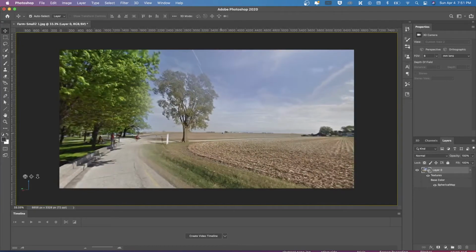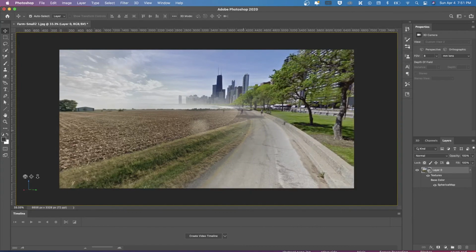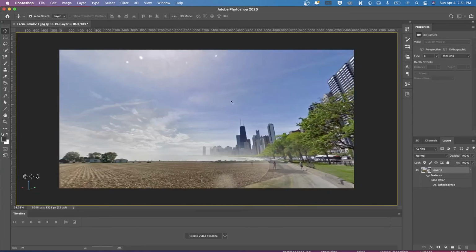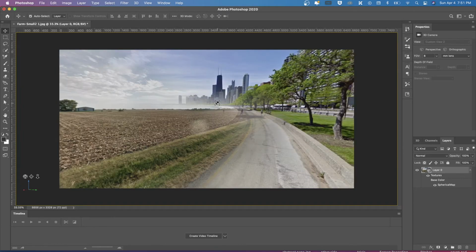But overall, it's kind of an interesting composite. And so I'm going to leave this up to you. Obviously, there's a lot of different things that you can do in order to manipulate this image. If I go back, I don't know. Once you're